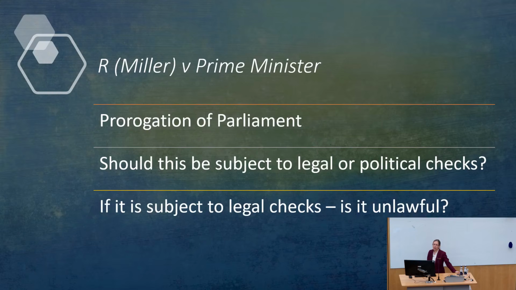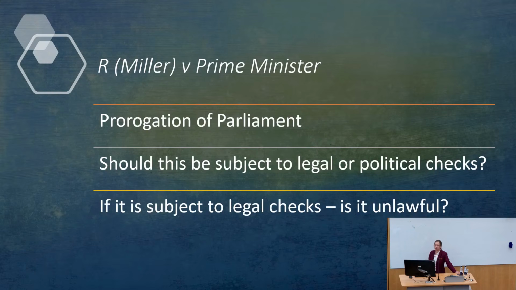And that is what the Miller case was looking at. And it's a very unusual case because it had huge consequences. You had the media broadcasting it on a regular basis, and you had 11 members of the Supreme Court sitting on that case. There are only 12 members in total. So the closest they can get to all of them sitting is 11 of them sitting on the case. That's how important this case was.